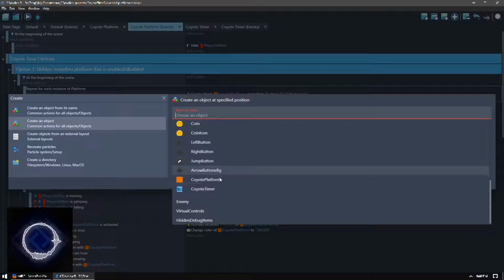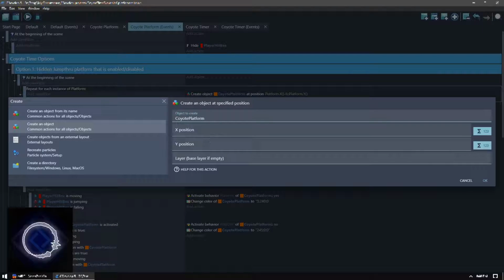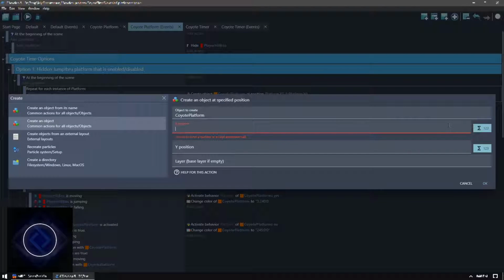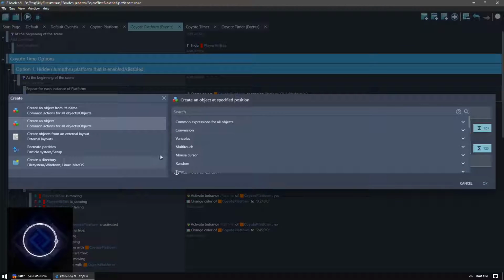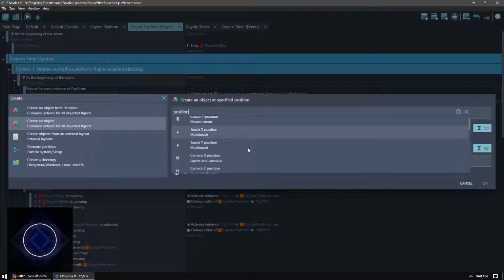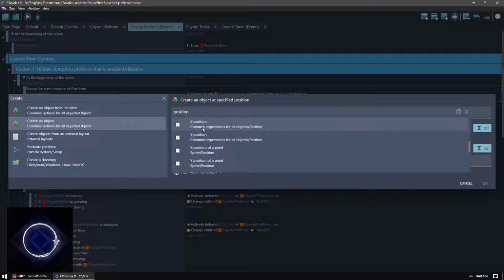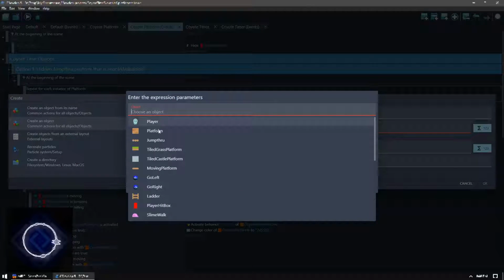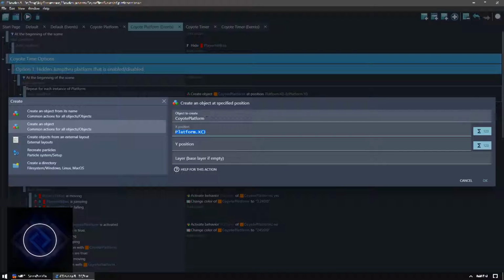And then I selected from the list my Coyote platform. For the X position, I'm going to go ahead and click here. I'm going to say Position. We're going to find the X position of an object. Then here, we're going to select our platform. That builds our expression. This expression builder is something that I recommend no matter what your skill level is, because